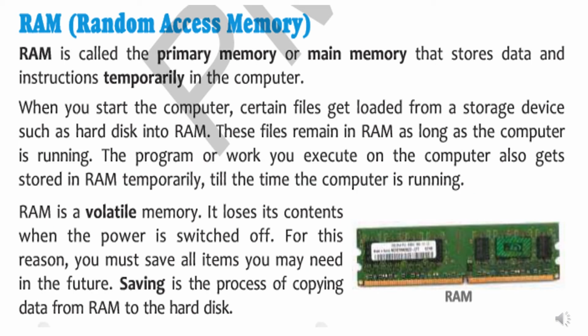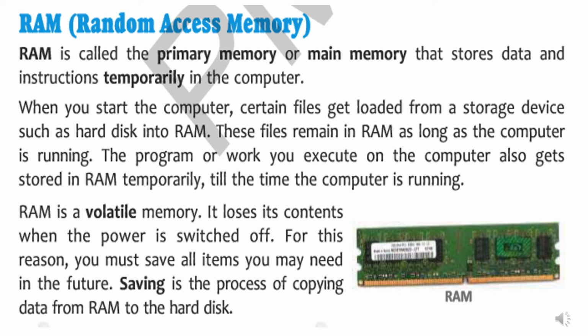RAM means random access memory, or we can say primary memory or main memory of the computer. It stores the instructions and data temporarily. Children, when you switch on the computer, the data transfers from hard disk to the RAM. That process you call booting. When the booting is going on, it means the operating system of computer is loading from the hard disk to the RAM. And the RAM can hold the data till the computer is running.